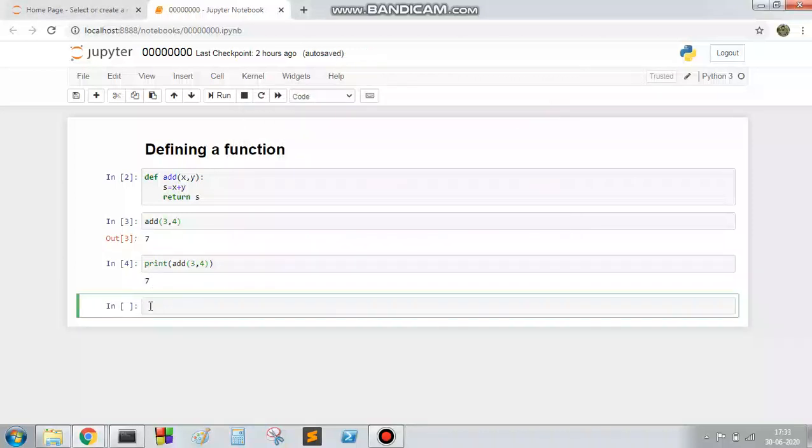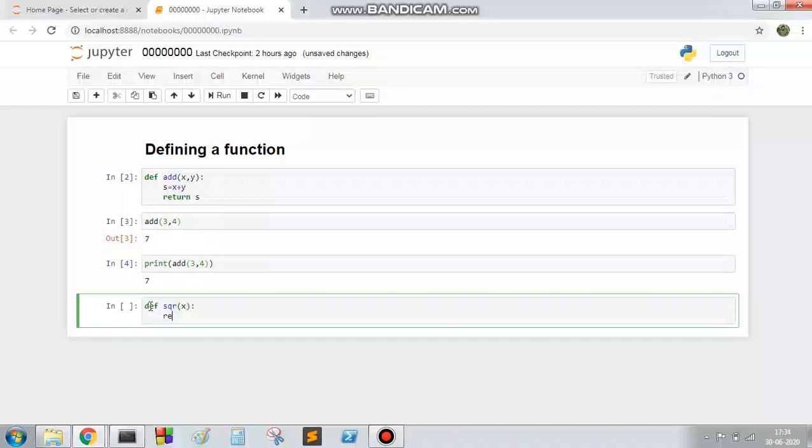Now create another function which will return the square value, and it will take one argument, and it will simply return x star x. So no need to create another variable. Like in the add function you are creating another variable s, but here you don't need to create variable s.